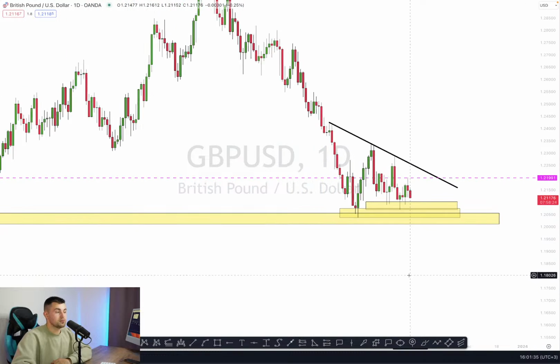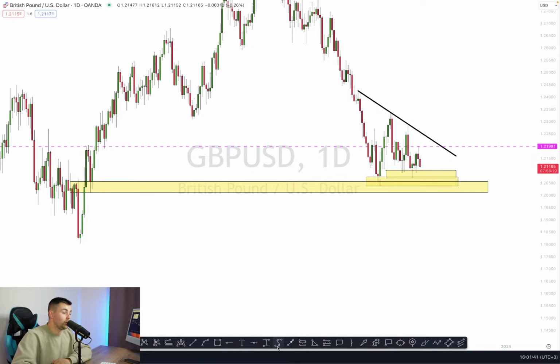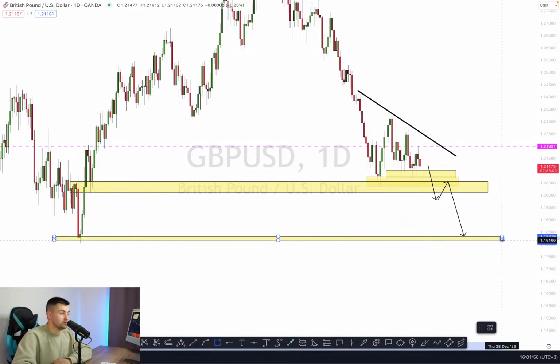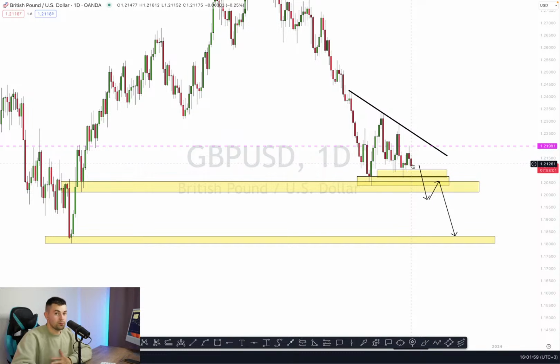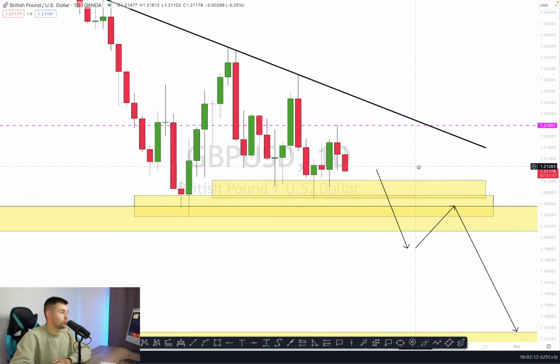And personally, traders, I would expect a bearish movement, a strong bearish wave, only after violation of that entire structure cluster. Only when the price violates that entire area, when we close below that entire zone, only then I will anticipate a further bearish continuation to that horizontal structure. So if you're looking for a strong swing signal, if you're looking for a strong bearish signal on pound dollar pair, so far, that breakout will give you a strong confirmation.